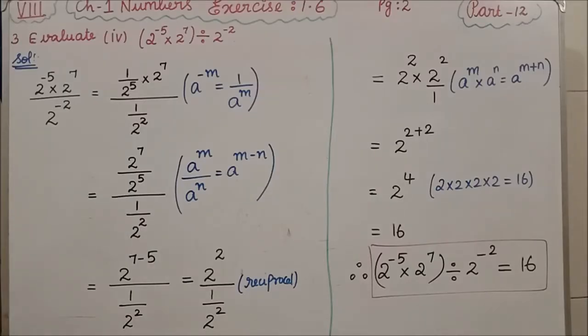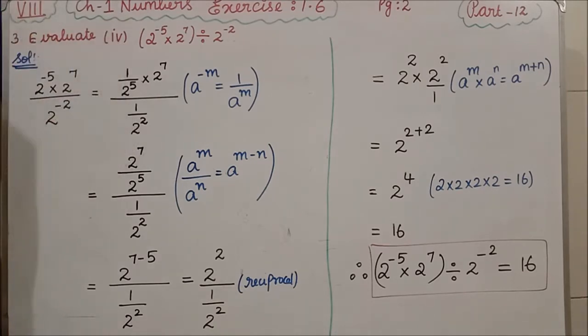Students, in exercise 1.6, I am going to start with the third problem, because the first question and second question are objective type. The first one is fill in the blanks and the second question is true or false. Both are very easy, so you can try by yourself. The same way I am teaching the problems, you are going to do the fill in the blanks and true or false. Clear now? Now we'll start the third question.